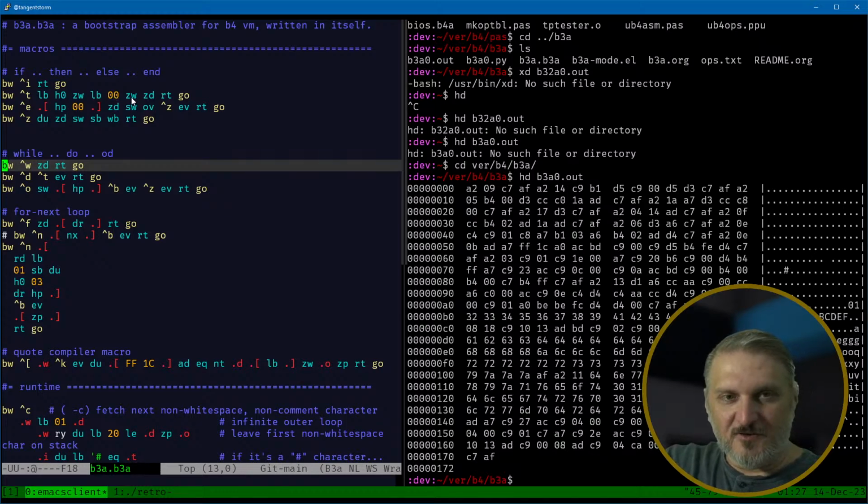Then load the byte 0, write that, and then copy the Z register, which is the output register. So like the pointer to where you're writing, copy that to the data stack. ZD is copied to the data stack, and then return. All right, so when you do this now, you will have written this H0 and 00